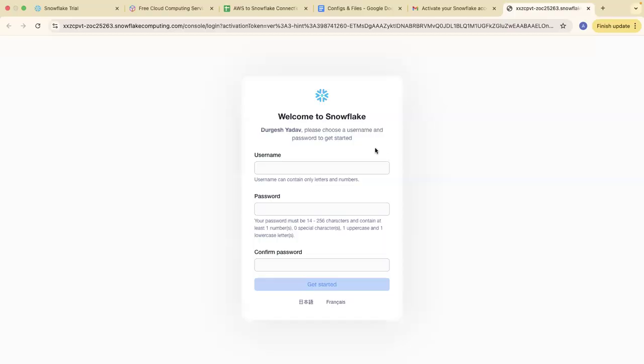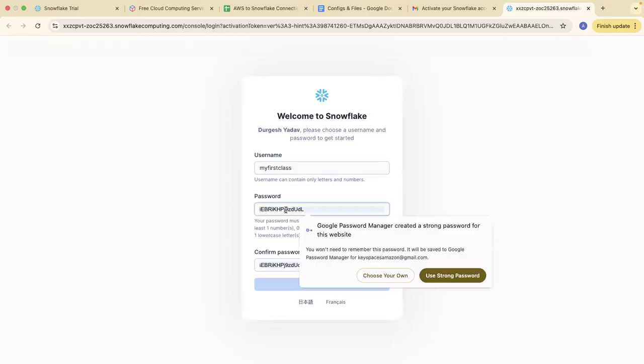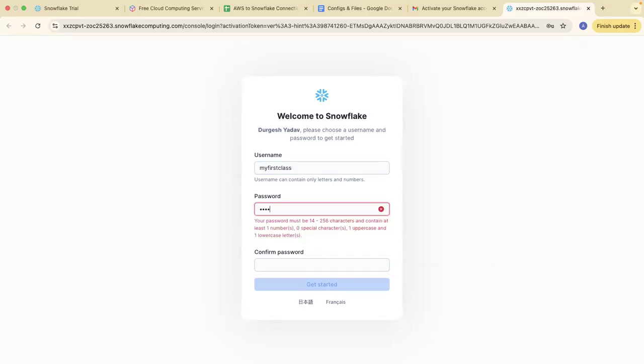Once you click on click to activate, it will say welcome to Snowflake and ask you to give your username and password. Let's say username I will give as my first class, My First Class, and the password will be any password that you can have. It's up to you. You can give a password that you can remember, otherwise you can save it.